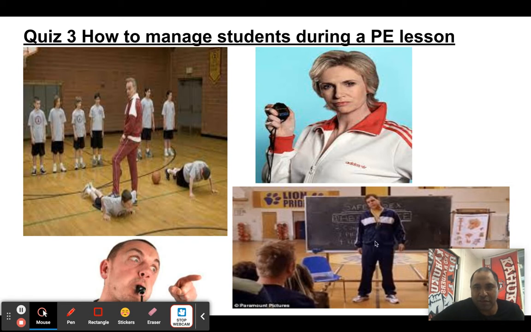Then we have the one that talks too much, cutting your PE time and fun time in half because they are not prepared and they just keep talking and talking. Then we have the one that makes you run, regardless of whatever you're supposed to be doing. And then the whistleblower, the one that's always telling you what not to do. So if you had that type of experience, I apologize. If not, and you had a better experience, well, good on you. So let's talk management.